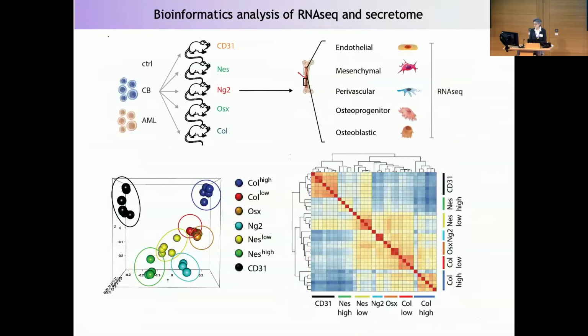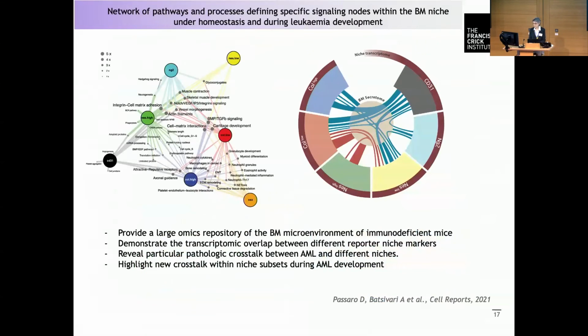At the same time, Diana and Antoniana went on to say, okay, we also need to know what is happening at a molecular level in these stroma populations. So we ended up making reporters in an immunodeficient background. All these reporters that exist for different stroma populations have been backcrossed into immunodeficient mice in order for us to be able to do PDX analysis, and we did quite a lot of informatic analysis trying to understand